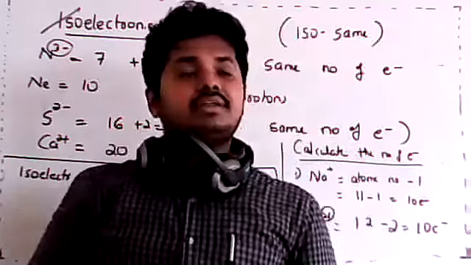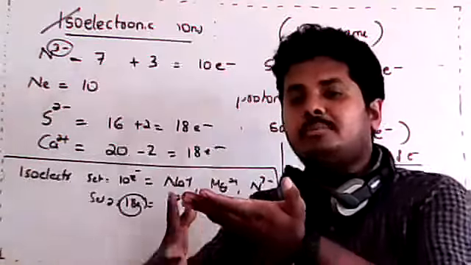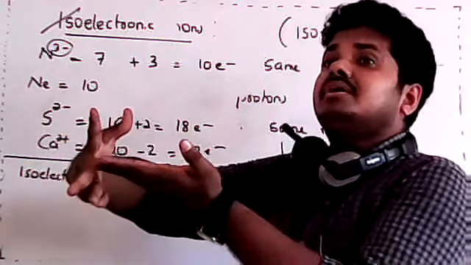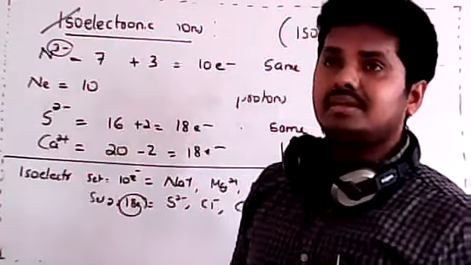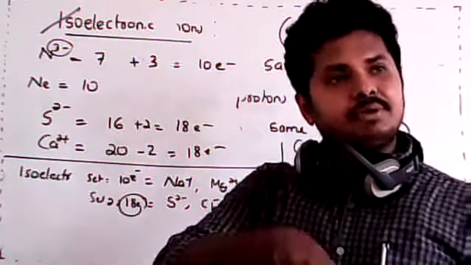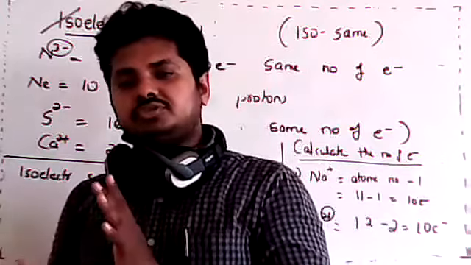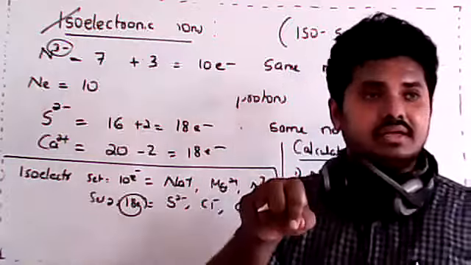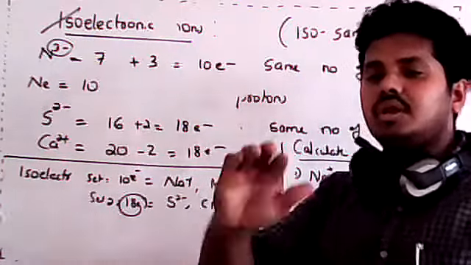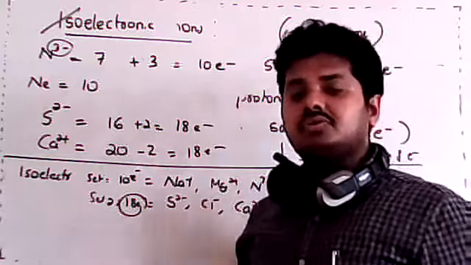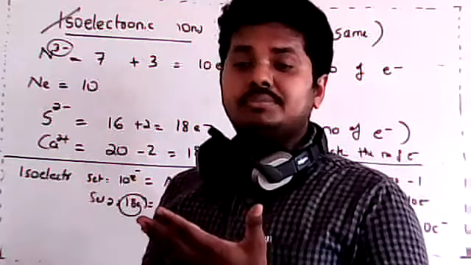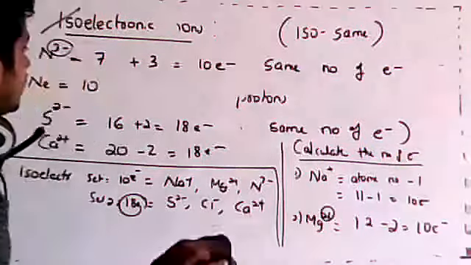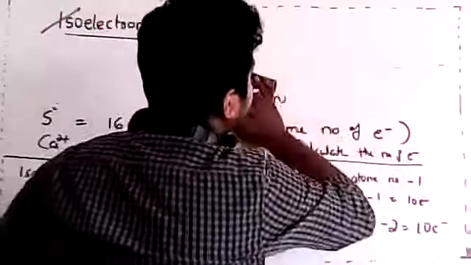Got it? Now let's compare the Na plus. Na plus will be formed by just cutting, so it becomes smaller. But Mg2 plus will be formed by cutting 2 times, so it will be smaller. Then Mg2 plus will be smaller, Na plus will be larger. So this type of confusion will be there. To clear that only, I told you the hint. Anions, adding: you go on adding, it becomes larger. Cations are like cutting: you go on cutting, it becomes smaller and smaller. Got it? So comparison among the isoelectronic species will be like this.